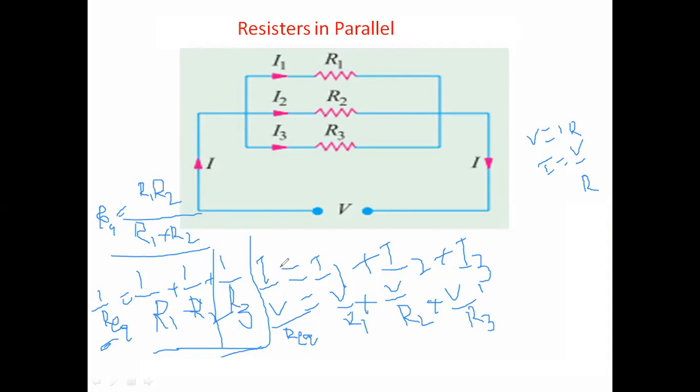If more resistors are connected, we will take the LCM of all these resistors, and from that we can find out the R equivalent. So like this we can find out the equivalent resistance when the resistors are connected in parallel. And one thing we have to remember, the current in a parallel circuit will be divided and the voltage is constant, whereas in series circuits the current is the same but the voltage divides. The resistors connected in series are added. The equivalent resistance is added, R1 plus R2, like that.